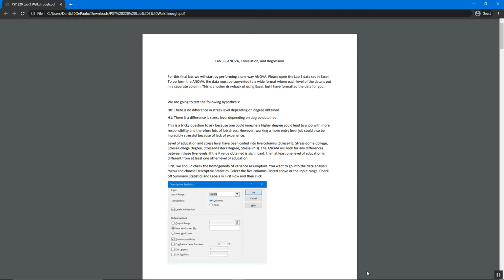Today I'm going to be talking about Lab 3, which covers ANOVA, correlation, and regression. In Blackboard, under the Excel Data Analysis tab, you'll see a folder for Lab 3. And Lab 3 is not really complicated. It's just that there are a couple of steps you have to take to derive the right answer, especially since